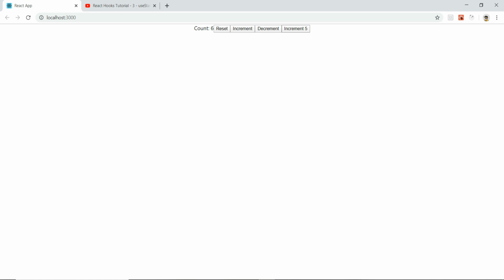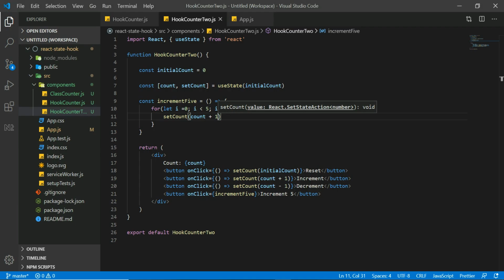So we will use the second form of the setCount function. So basically, instead of passing in a value of the new state variable here, we can pass a function that has access to the old state value. So setCount is going to accept a function that has access to the old count.